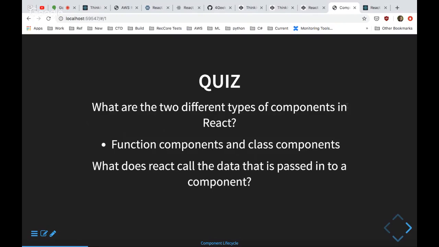So the next one is, what does React call the data that is passed into a component? Props, that's right, yep. Props is what gets passed into each component.